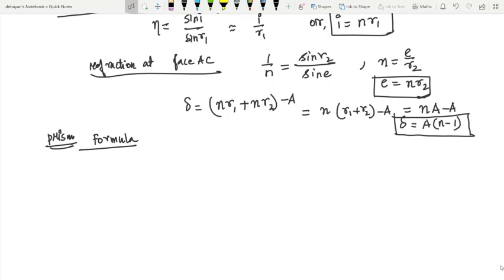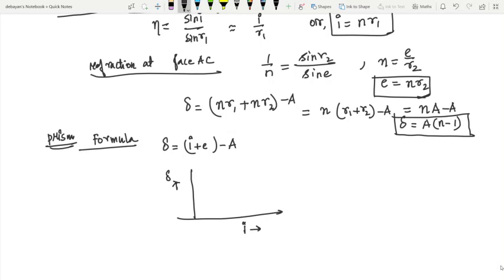The angle of deviation depends on the angle of incidence, because what we find is I plus E minus A, that is the general formula. And you can see the variation of the angle of deviation with the angle of incidence for a triangular prism, which should be shown like that. That means if this is the angle of incidence and this is the angle of deviation,